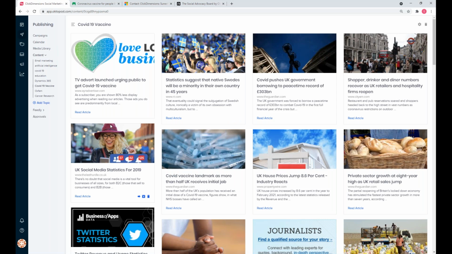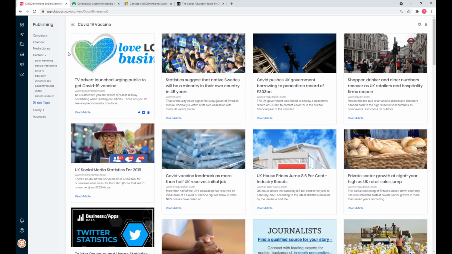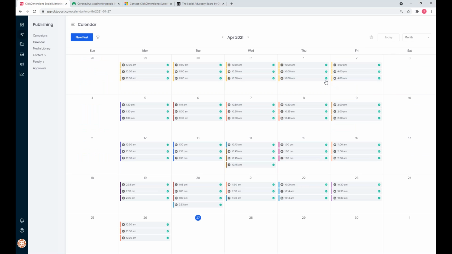So now, depending on my campaign or the type of content I want to be sharing, I'm ready to just start sharing this content out, or I can schedule this in advance as well. So you can just have a social marketer sit in here maybe once a week or once a month or once a quarter, if you really have your roadmap and your strategy outlined, and you can just set this well in advance. So imagine all that time you're going to have saved, you're going to be able to work on other initiatives, right? So I just wanted to show you that, guys, in terms of publishing. I just wanted to show you ways in which you could actually have a visual and ways in which you can create content at scale to feed into this.